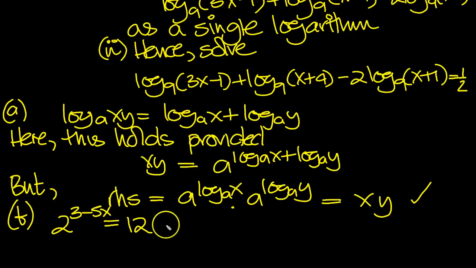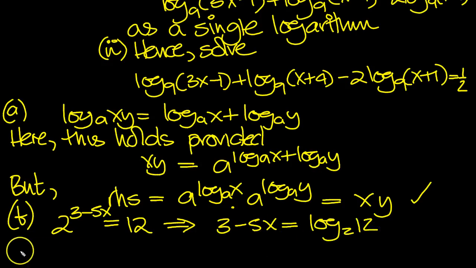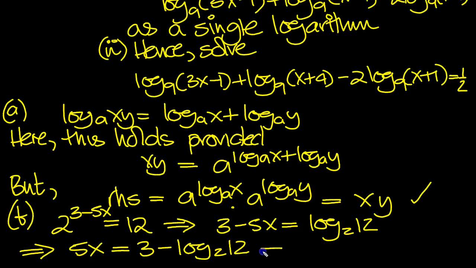Okay, so let's write this in logarithmic form, then move the 2 down as the base number and rewrite this as 3 minus 5x, then that drops down to ground level, and that's log 2 of 12. And that now tells us, move the 5x over to the right hand side and read from right to left, leave the 3 as is, and move the log 2 of 12 to be with it. So it comes across and flip the sign. So that tells us then that x is equal to 3 minus log 2 of 12